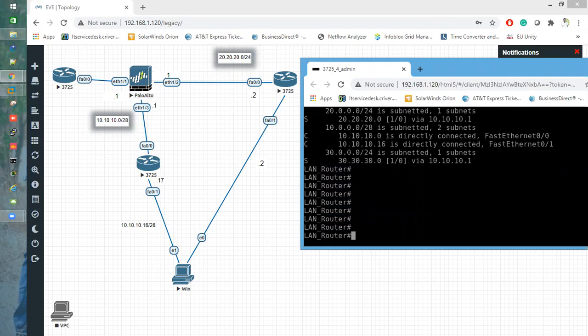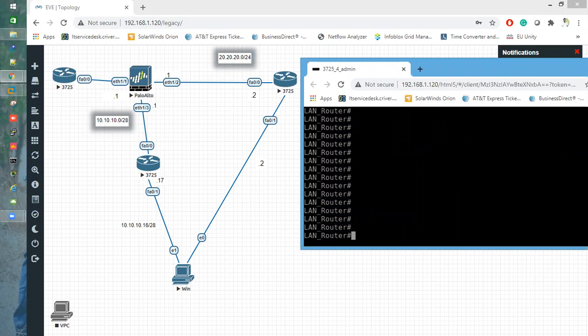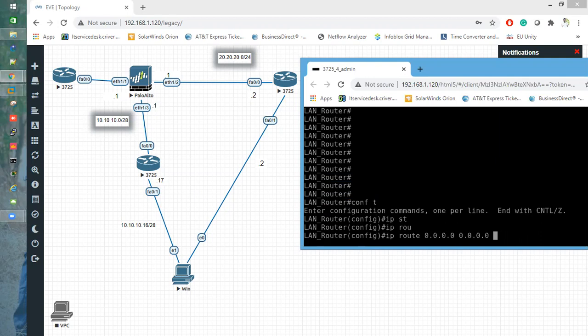So what I'm gonna do is get into global config mode and define one static route. I'm not gonna define a static route, I'm gonna define a default route.